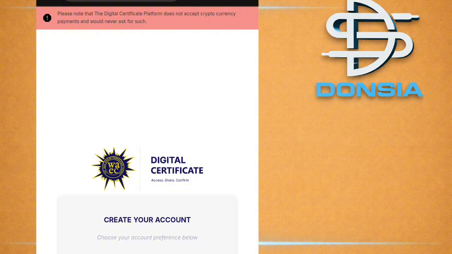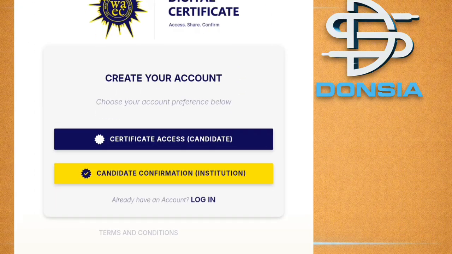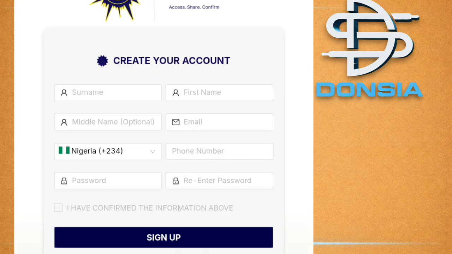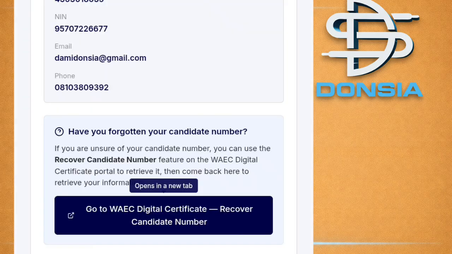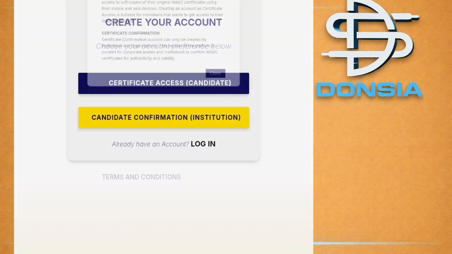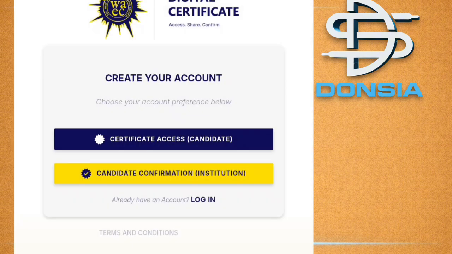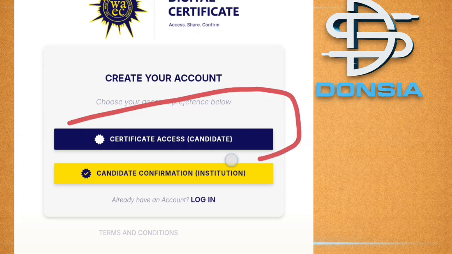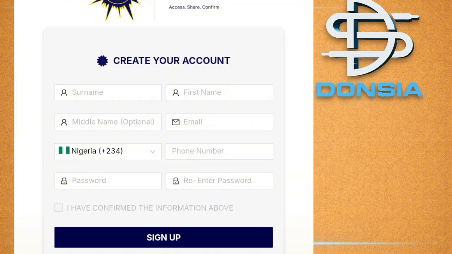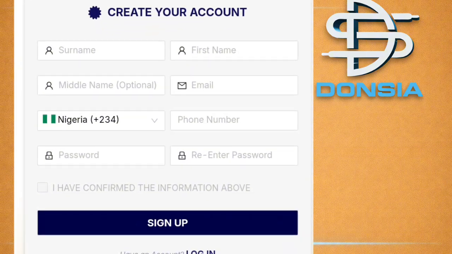So here you are just going to create an account. Now, if you already have an account, you are going to log in. But I believe you don't have an account, so what you are going to do is to create an account. Now, to create an account, I want to drop it step by step. You're going to click on the first option here, certificate access candidate. So we are going to click on it. Once you click on it, you are going to provide your name, the name on your Waec